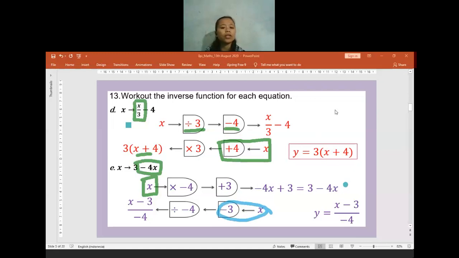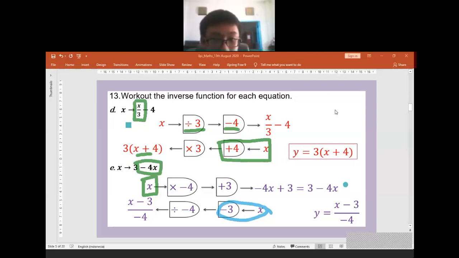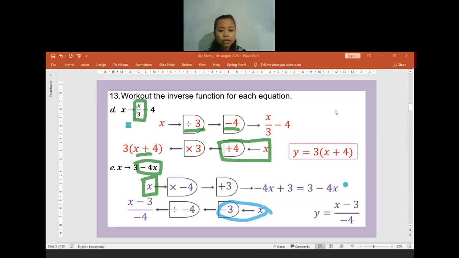Is there anyone having any question, or maybe I'll talk too fast before I continue to the question 14? Is there anyone who have any question? No. For sure, no question. Okay, if you have no question, let us move to the question 14. For the question 14, wait, where is my stop?